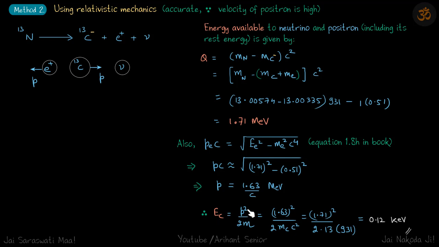And now energy of the daughter nuclei is P square by 2m. So P is this times 2 times mc. So we solve that, and again one simplification, mc into c square. So if we write it in terms of AMU, then that will be 13 into 931 mega electron volt. Actually, this should be 1.63 only. Once again, okay, my mistake. It should be just 1.63 only, and therefore you will get the answer 0.11 kilo electron volt.